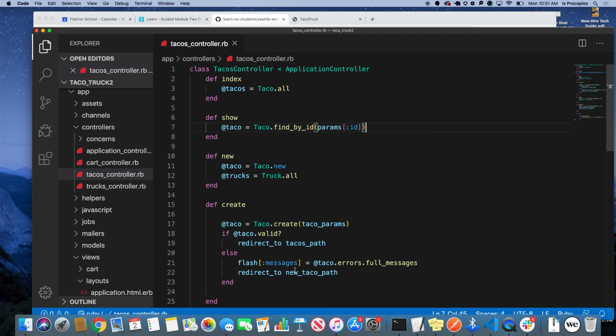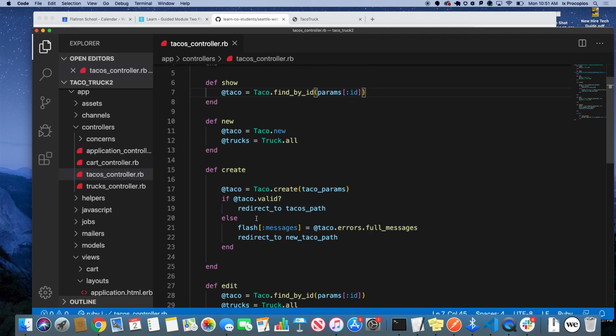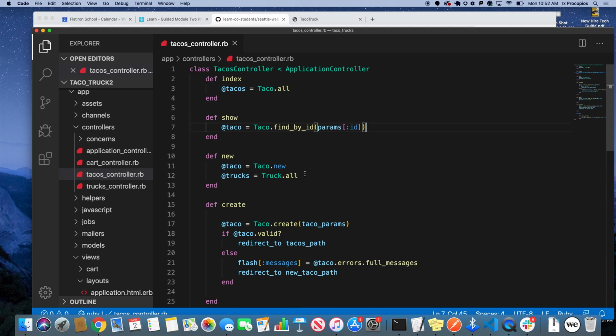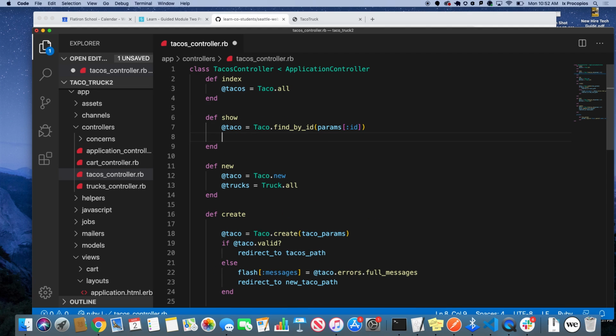Flash is similar to sessions in that it's a hash that gets either transferred or retained. With Flash, you could send errors to the new view, or send it to the show view, but it only lasts for that specific request. So I'm going to go ahead and put in a byebug here and show you what the session